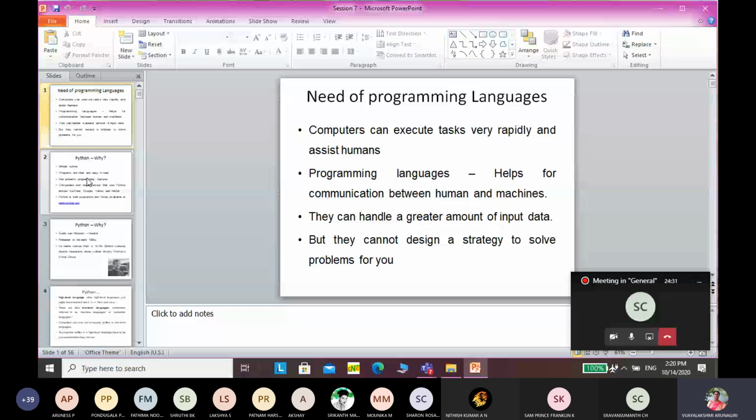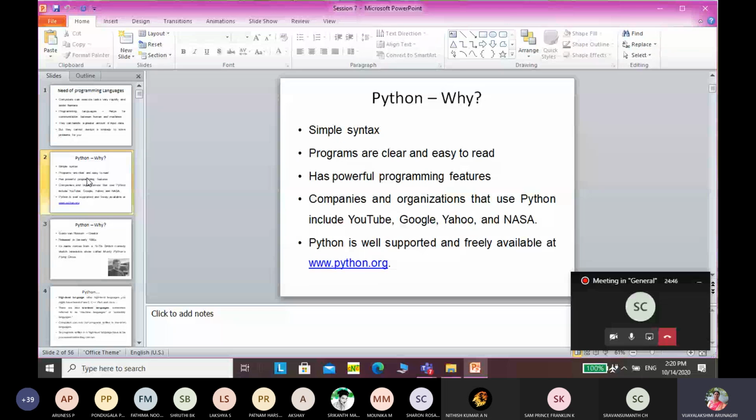Okay. Now, I told you that in this course, CSE 1001, we are going to teach two different types of programming language, that is Python as well as the C programming language. First, I'll start with Python. Why have I chosen Python? Because Python is a very simple language. It is not that complicated, and the syntax is very simple